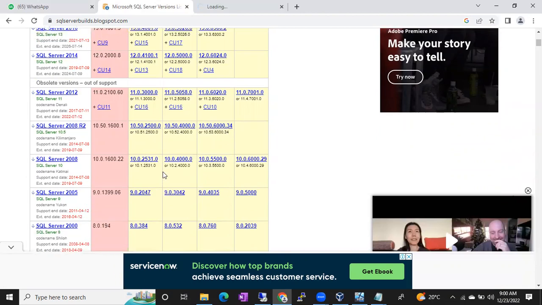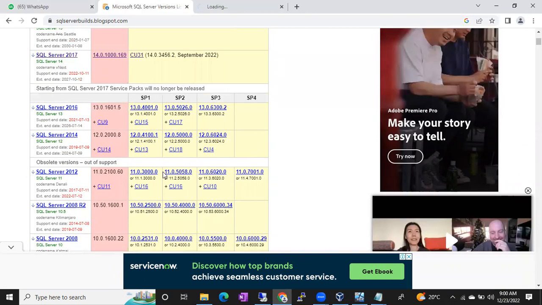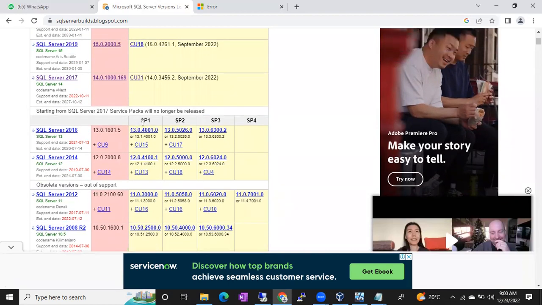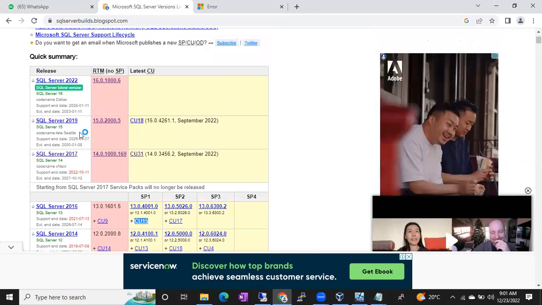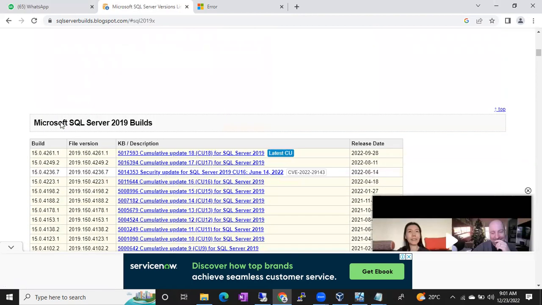They might ask you sometimes what is the latest service pack for SQL 2016. So SP3. Sometimes they might ask you what is the latest service pack for 2014, SP3. So if you see here, you can see service packs here. On top of service pack, you can see a minor update also, CU15. Okay, so if I click on SQL Server 2019, you can see